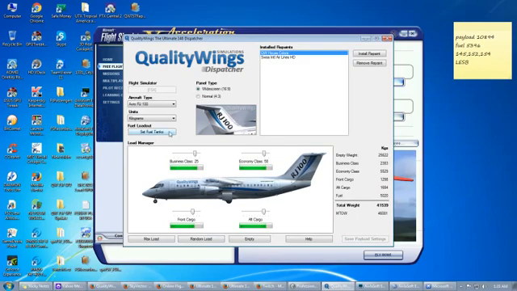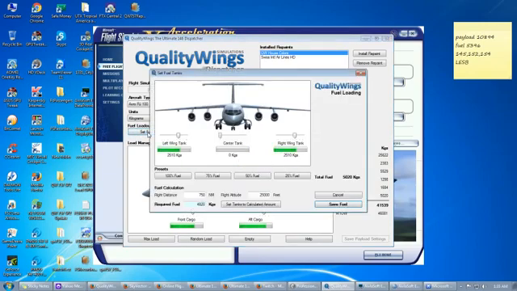Let me move further. Here I was telling you about the payload, your passenger packs and cargo, whatever you want. You can use the slider and adjust your cargo and packs. Further moving on from payload is fuel load. Click on fuel setting. Now here is something I would like to tell you. If you mention here your total distance, cruising distance,